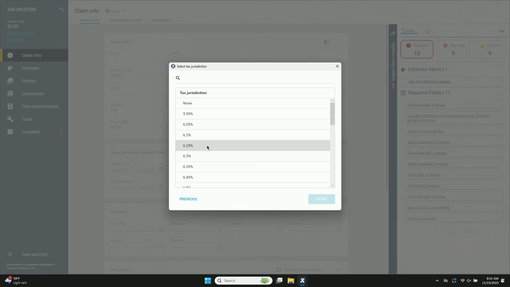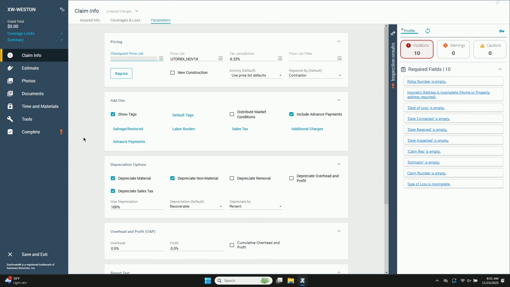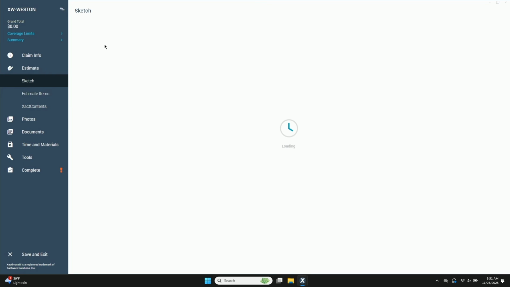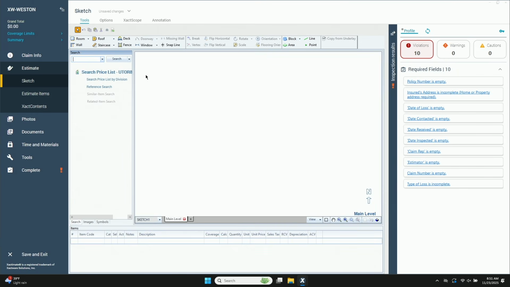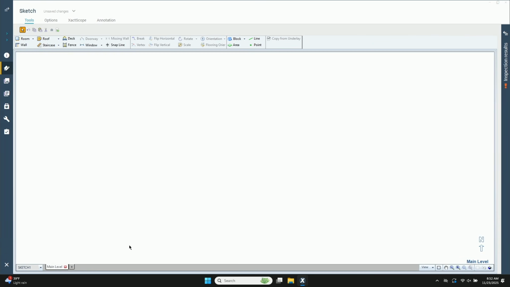The sales tax wants to be 6.25%. Okay. And then under parameters, we want to add 10 and 10 for overhead and profit. It's not cumulative. And then we're going to go to the sketch window. And I'm going to collapse that. I'm going to also close these panes by holding down Shift and tapping the Enter key. And I want to go to